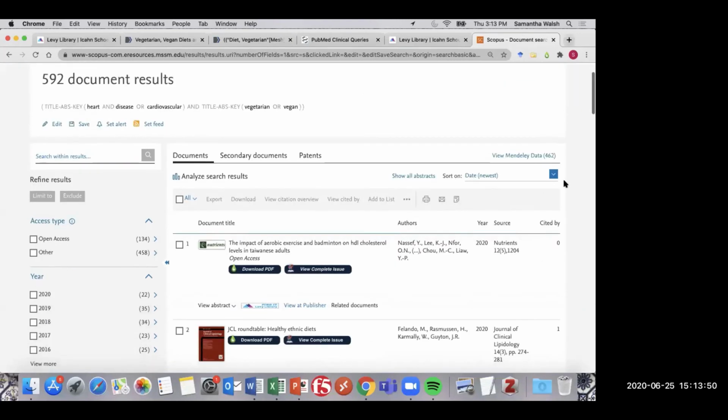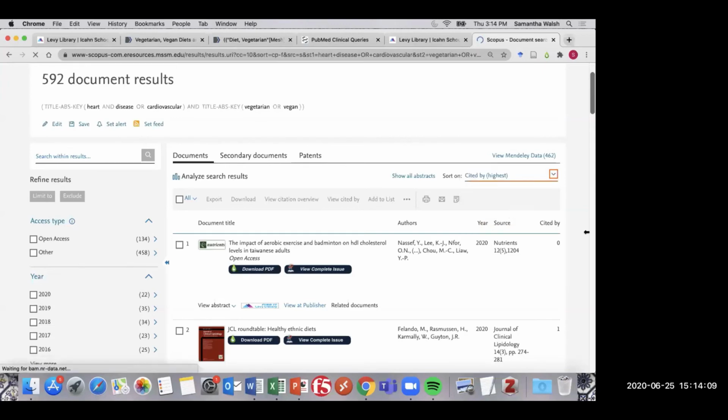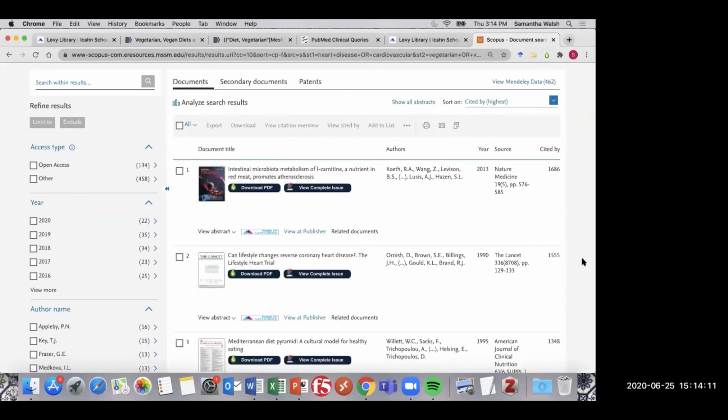And so what I want to point out is that in Scopus, we have something really useful. So here by this sort on, it's a little weird that it says sort on and not sort by. But if we do the drop down, we can sort by cited by highest. You can also sort by cited by lowest. But this is something we can't do in most databases. And this is a really quick way to see, okay, what are the very, very highly cited articles in this field? Like, what do I potentially not want to miss? And so this is a really quick way to see those,